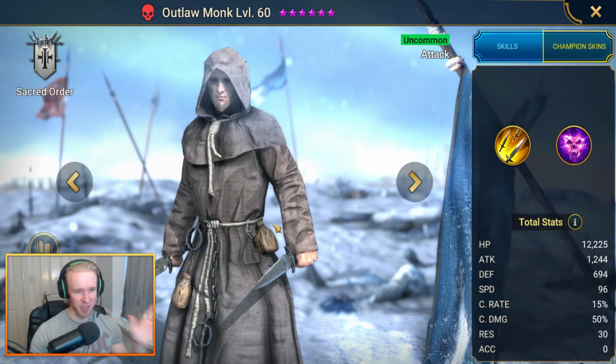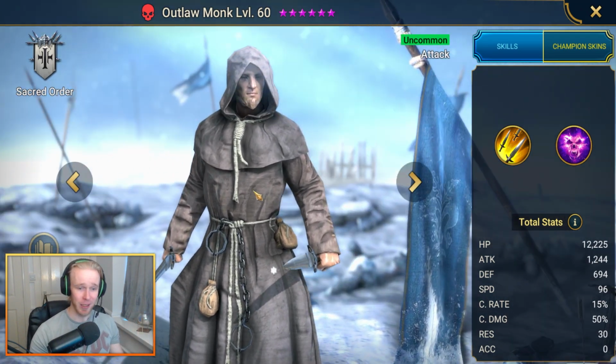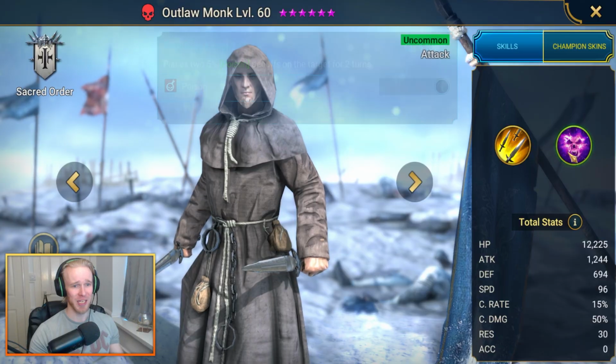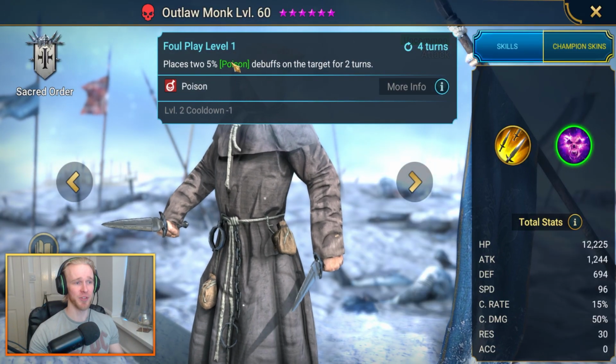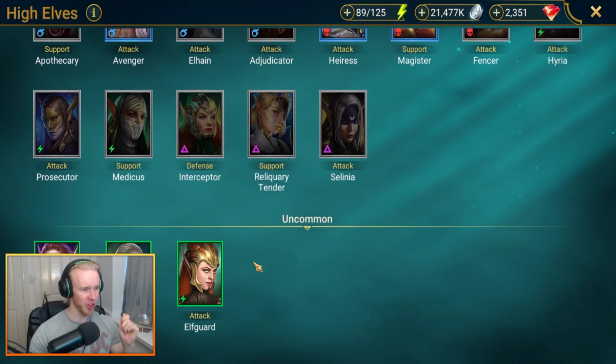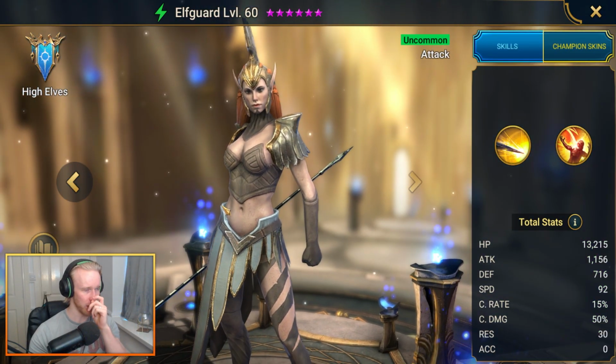When it comes to gear, of course, you just want this guy in as much speed and accuracy as you can possibly get him in. Accuracy being most important to make sure that he is never missing these poison debuffs and they are always getting applied reliably. Next up, heading on into the High Elves, we have another campaign farmable champ here in the form